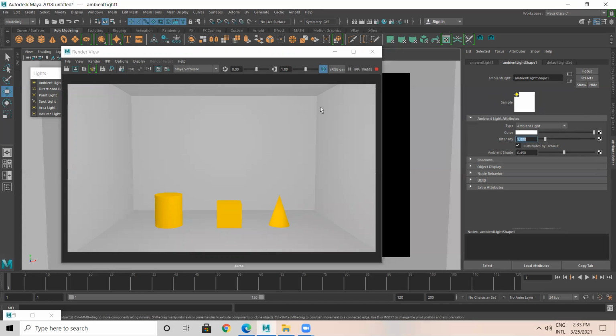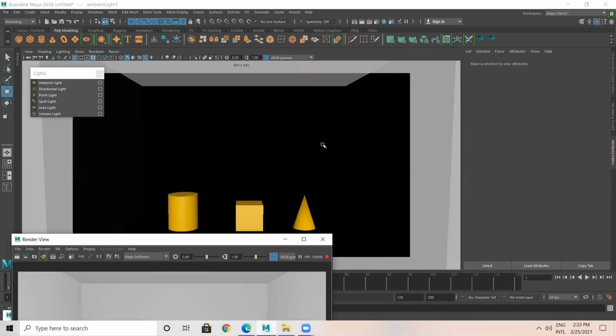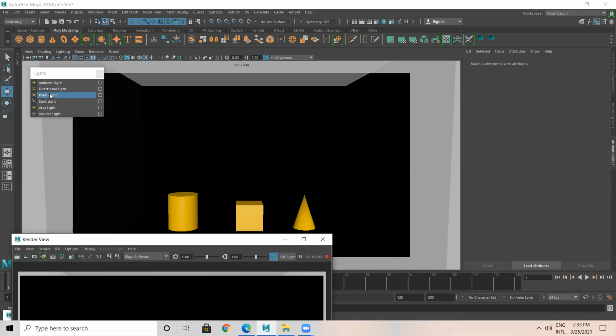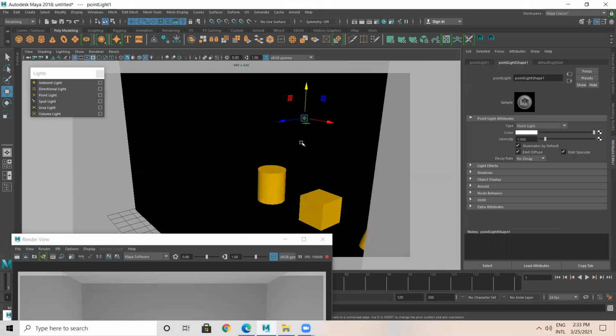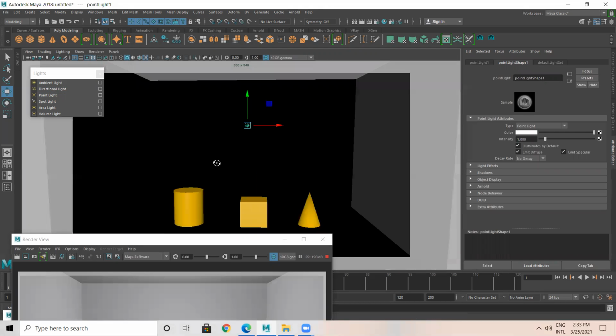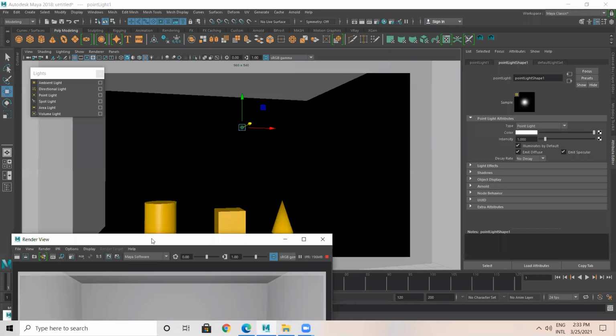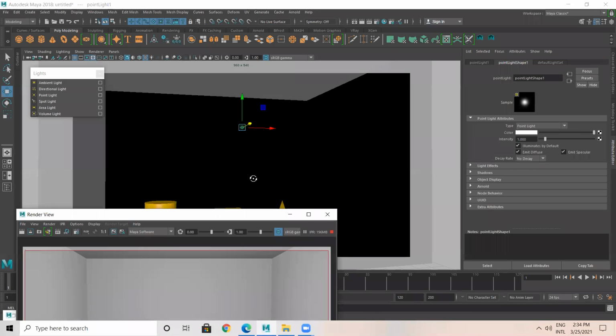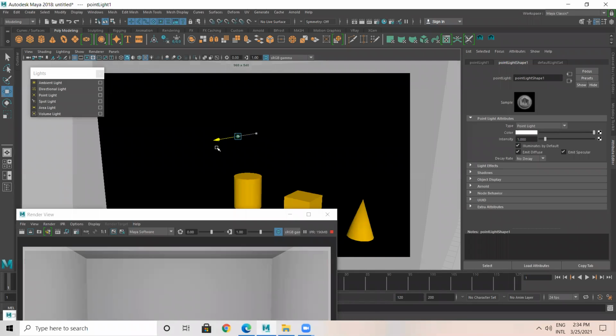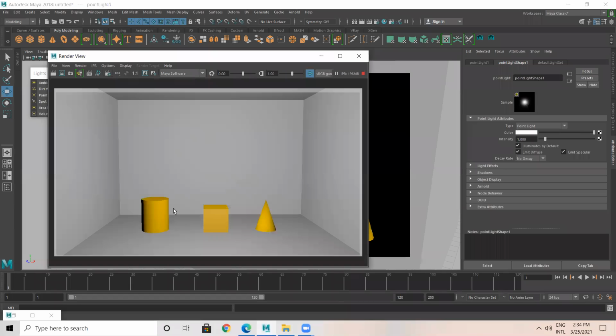So that's ambient light. Ambient light doesn't support reflection or refraction. Now I'm going to delete this ambient light. Now I'll take point light and keep it somewhere here, and pull this bit outside. It's like this. Now with point light, you can see some reflection. Point light supports specularity, reflection, all that.